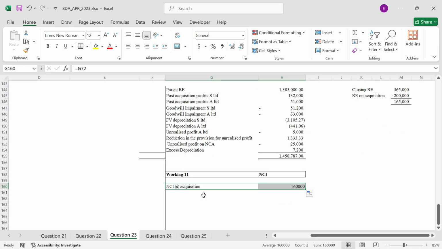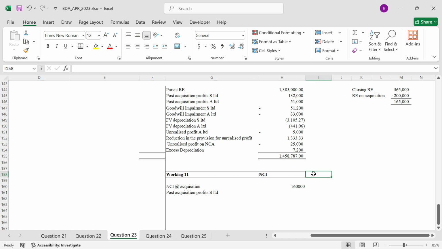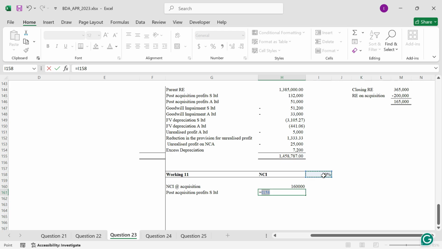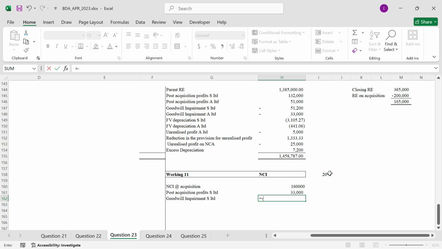Then now any amounts that I check for my subsidiary S. The post-acquisition profits in S, I want 20% of that, equal 20% of 165. The goodwill impairment in S, I want 20% equal minus 20% of,